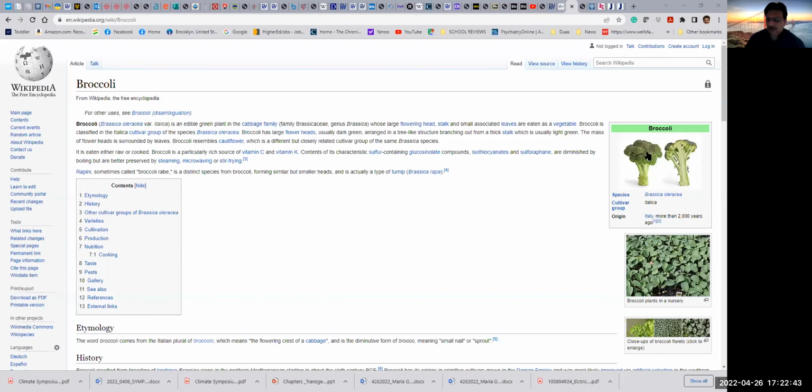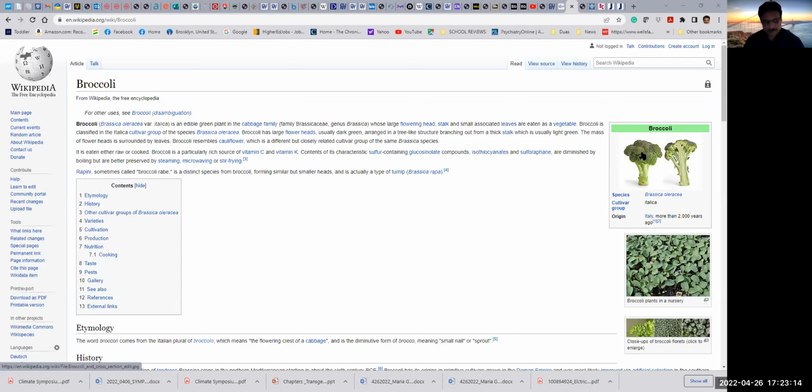Broccoli is so rich in micronutrients, minerals, and fibers. But this plant came into existence long back because of genetic modifications in the environment, breeding, and this happened